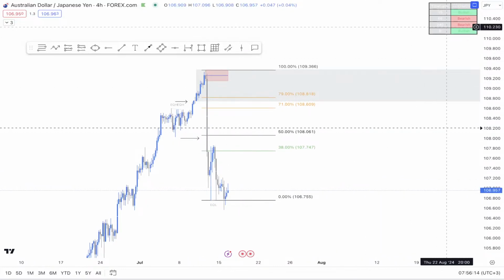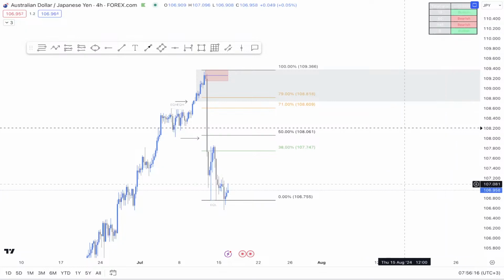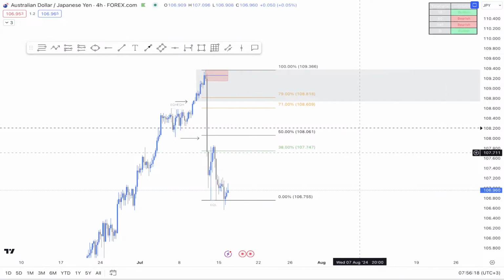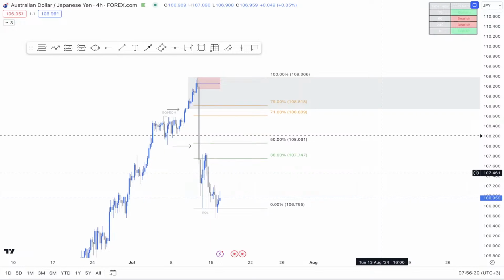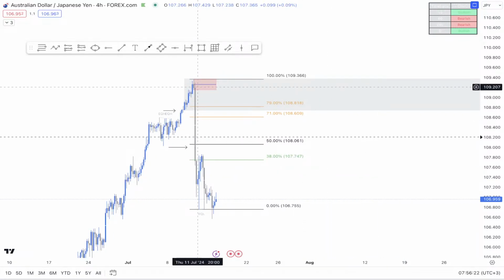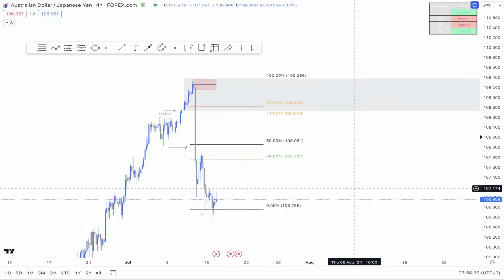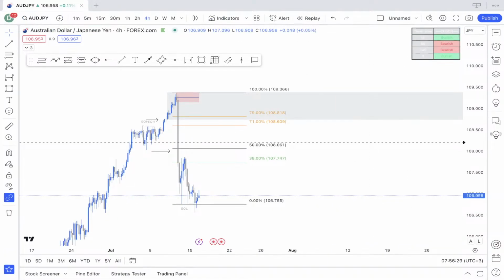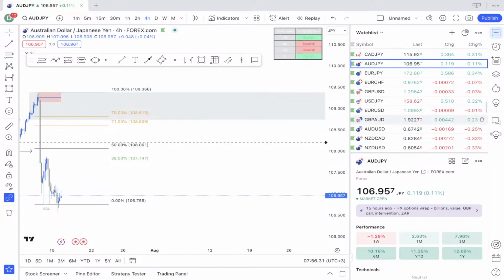Okay, the 4-hour is bearish on the trader graph. We have this unmitigated order block lining up perfectly with the area of interest as well as with this bearish trader order block. And now, once again, the last step is for us to wait and see whether we manage to get a corrective pullback or